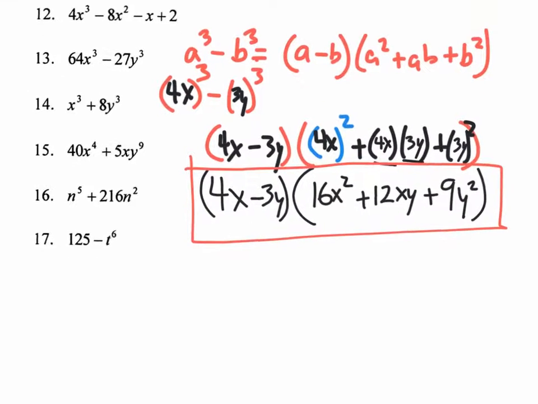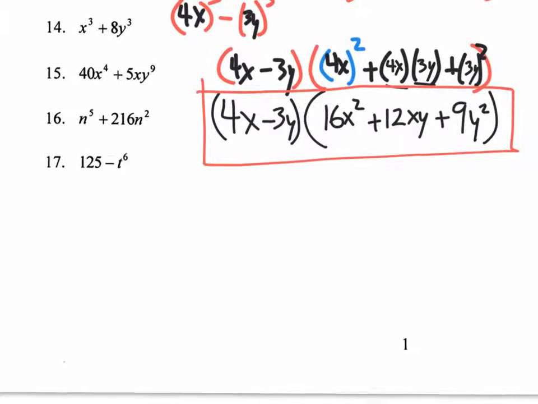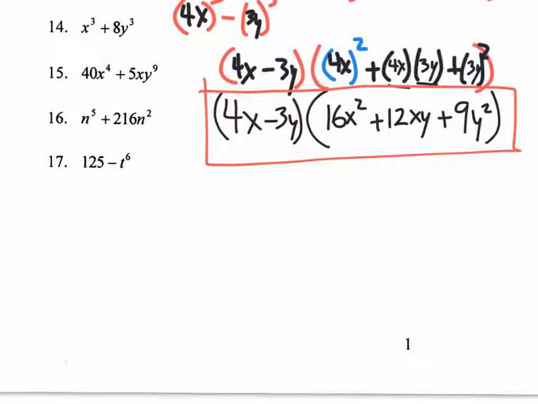Let's try one more. How about number 15? That one looks pretty crazy. Well, what should you always start out with? You should always start out by trying to pull out the GCF, whatever's in common, pull it out, see if it makes it a little easier. So on number 15,